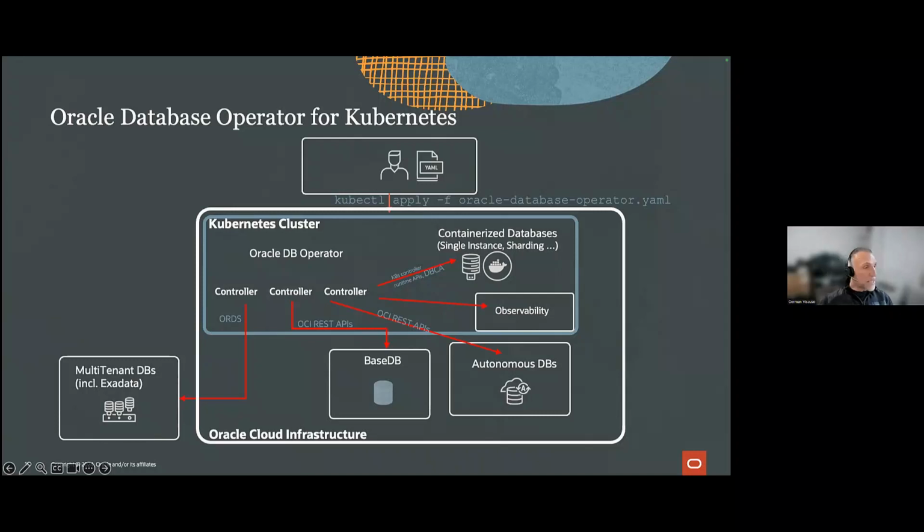Now, observability. Observability is very important. Observability is going to be added in version 1.1.0 of the OraOperator. We are in version 1.0.0 right now. This is coming really soon. That's why I decided to actually mention observability and show you a little bit of how it works. But this is coming very, very soon. Okay, so keep an eye on that project that I will share later for observability stuff.